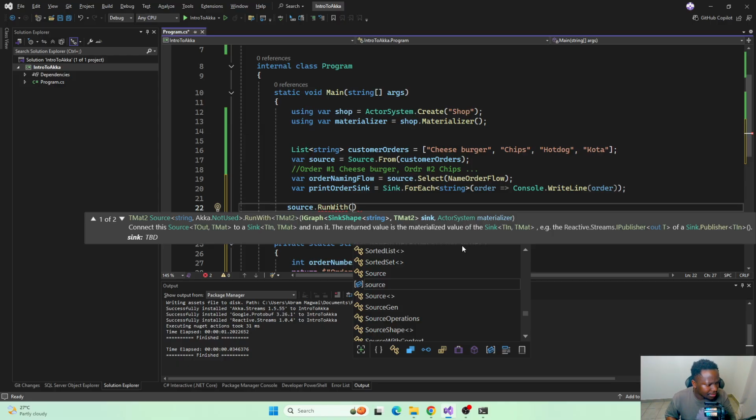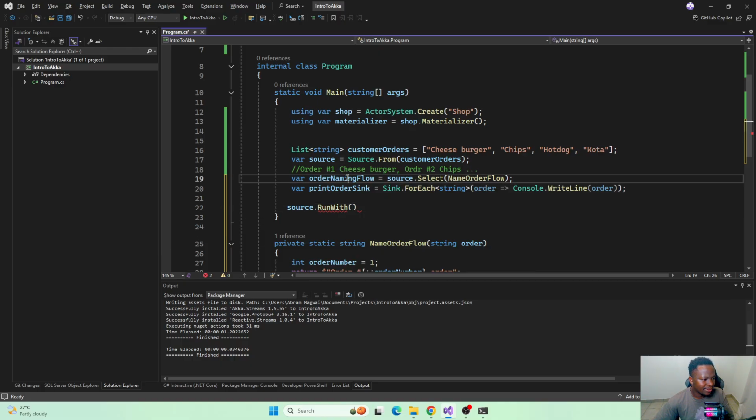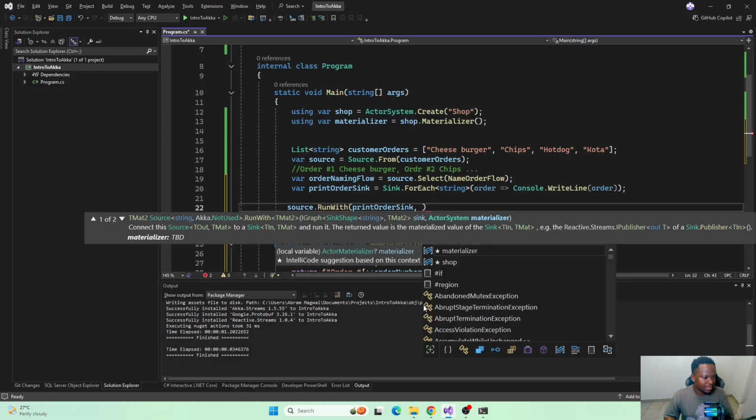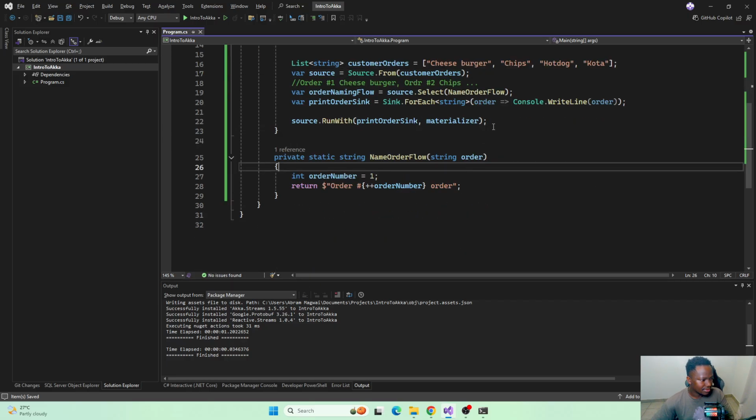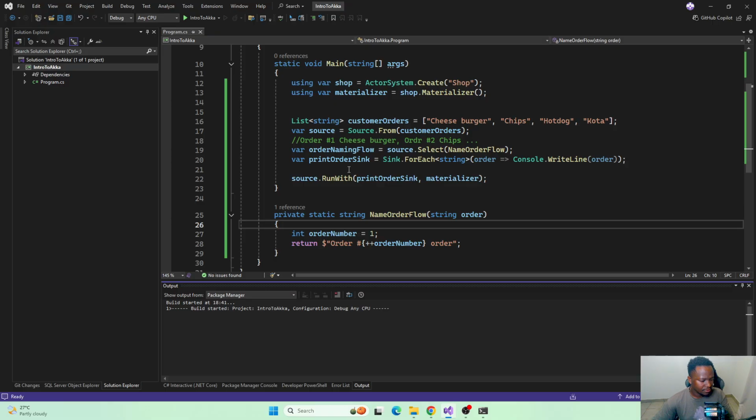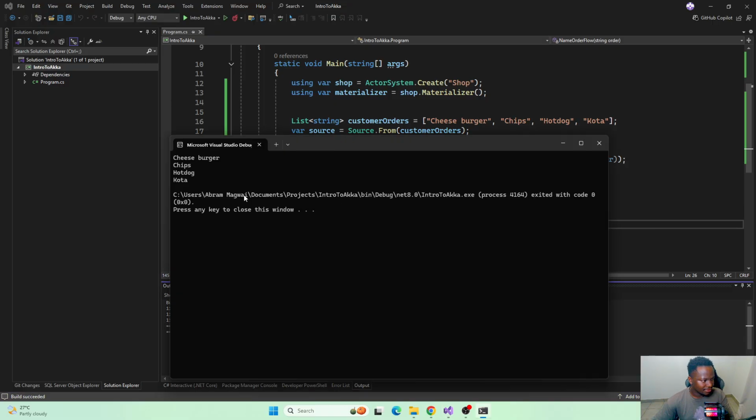So what does it want? Sync. Okay, because remember something, we added this flow into the source, and then now we are saying it's gonna do the source number one. So print order sync and materializer on which is the materializer that we do have. So now let's run this thing. Hopefully it does make sense. So cheeseburger, chips, hot dog, and cod. I think it just